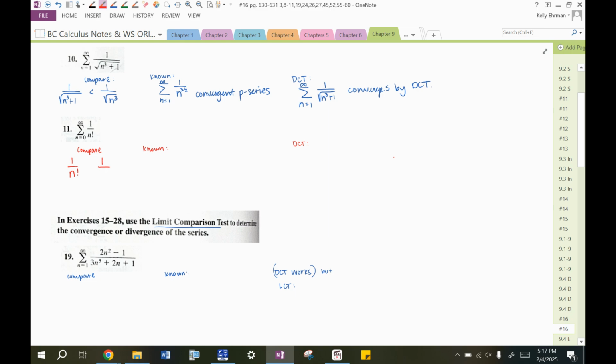Factorials grow the fastest, and then after that are the exponentials. So you could really make this anything. I thought of like e to the n. It could be 1 over 2 to the n, 1 over 1 million to the n, whatever. It doesn't matter. But I know that the factorial denominator will grow faster in the end than whatever exponential you